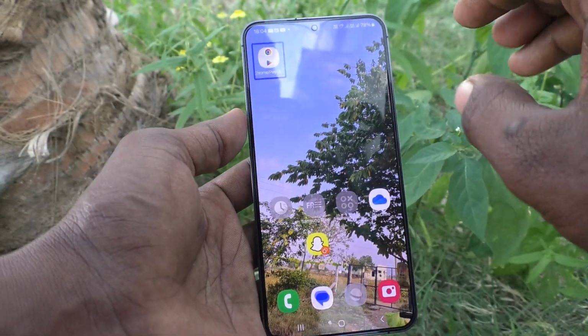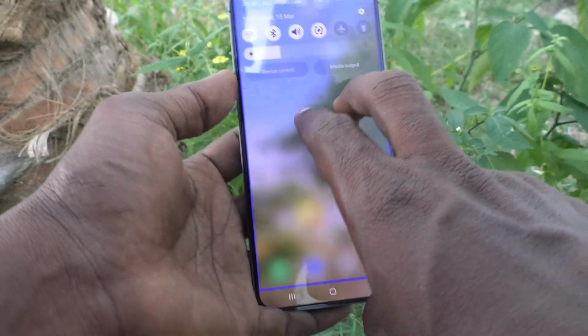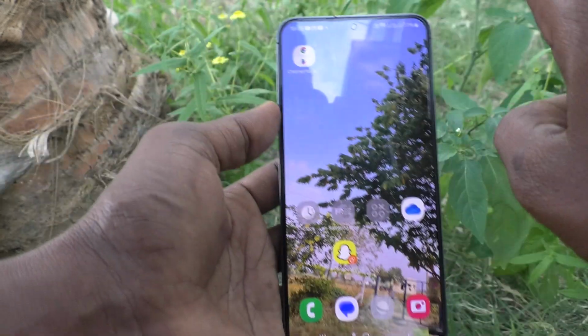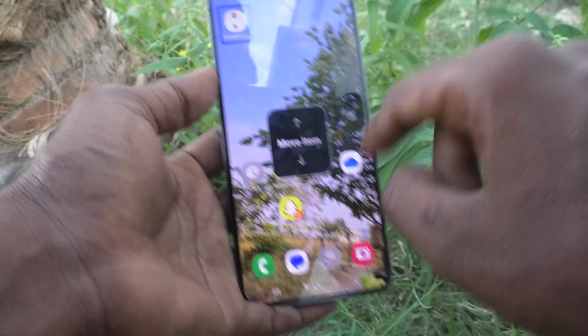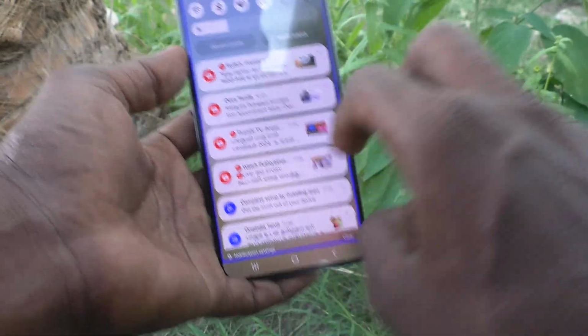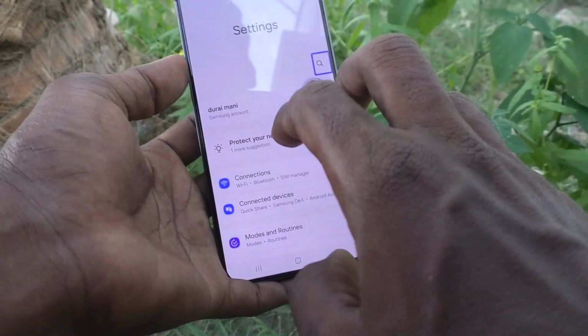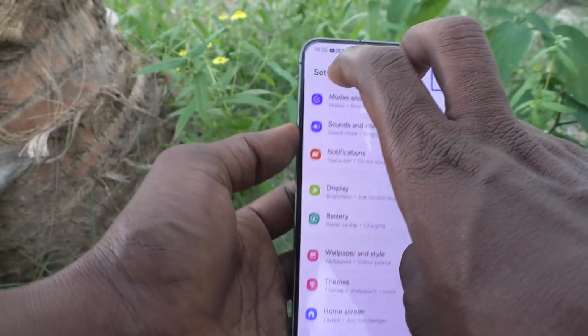One UI home. To go to the settings page, in two fingers, swipe down like this, then only you can go. You cannot use normal one finger swipe. Okay, with the two finger swipe, you can go to the settings area and go to settings button. Double tap on it. Settings. And to scroll, use two fingers like this. Okay,